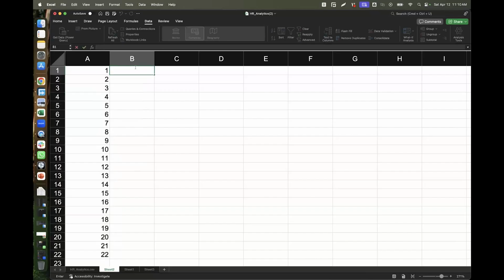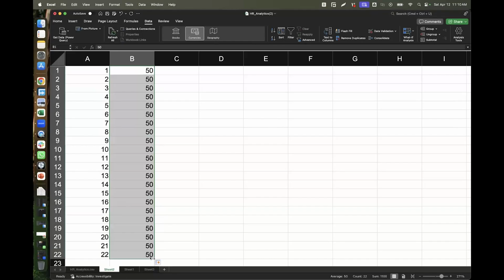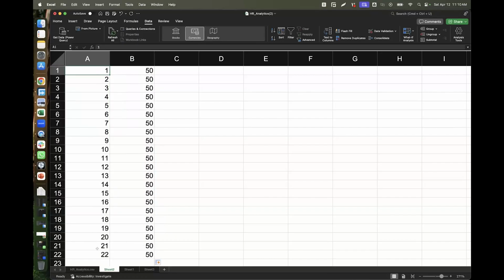I can also create another number here. Let's say we are starting from 50. And if I do it, you will notice a difference. It gave me a constant number, instead of giving me 1, 2, 3 in an ordered sequence. Because I did this separately on just one column, Excel has some form of intelligence that tells you that maybe you just want to duplicate one specific number.